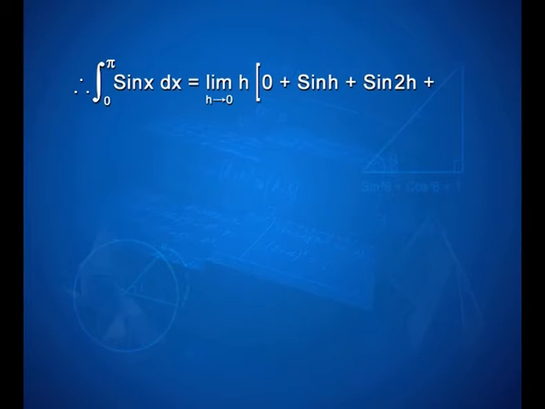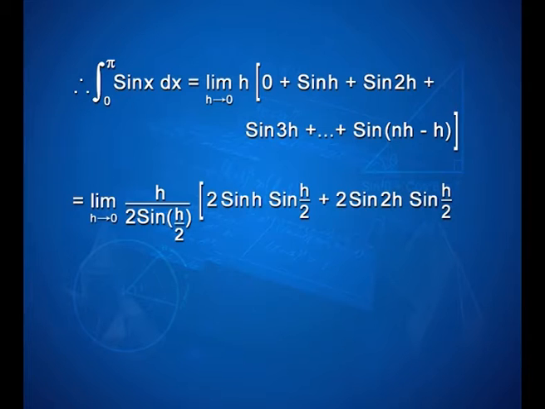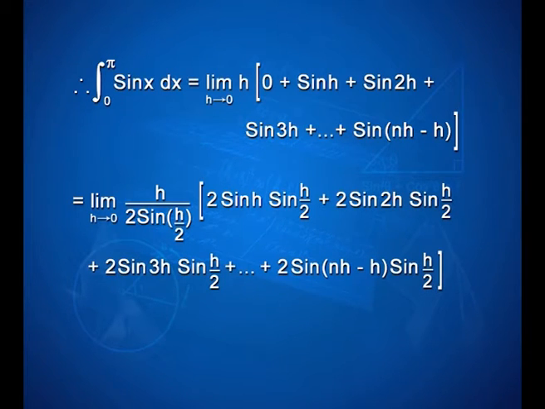Thus, integral 0 to pi sin x dx can be written as limit h tends to 0 h into 0 plus sin h plus sin 2h plus sin 3h plus so on plus sin nh minus h, that is equal to limit h tends to 0 h upon 2 into sin h upon 2 into 2 sin h into sin h upon 2 plus 2 sin 2h into sin h upon 2 plus 2 sin 3h into sin h upon 2 plus so on plus 2 into sin nh minus h into sin h upon 2,